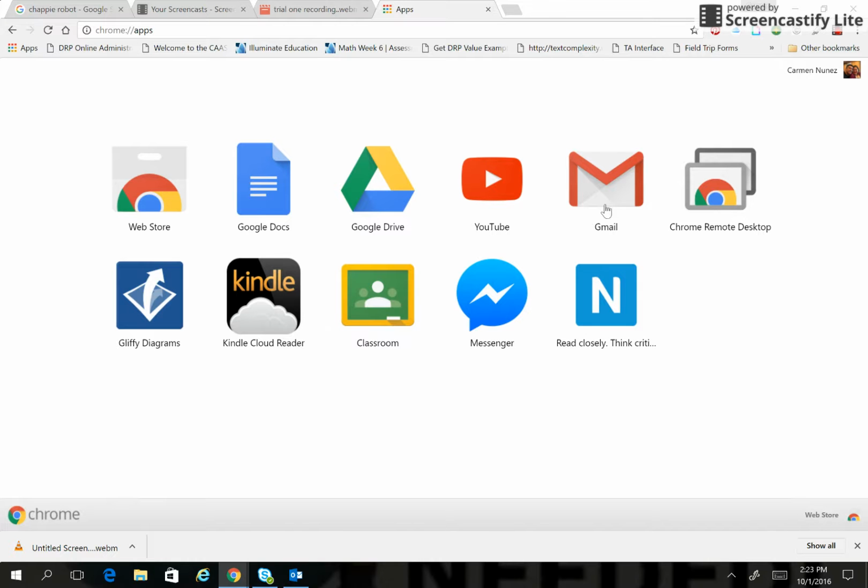I really like it, and I think it's neat because instead of bookmarks, you have a direct connection to it. For some of us, we're very visual, like our students, so we need to have it right there, right where we can see it. So you would go to the web store,